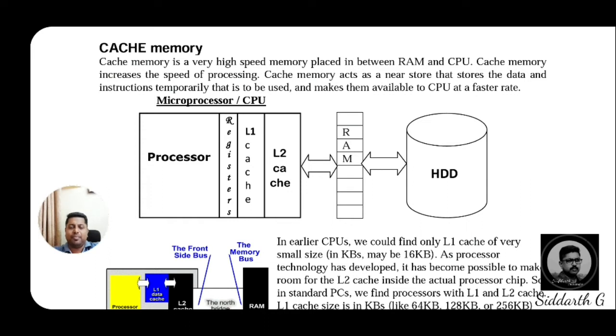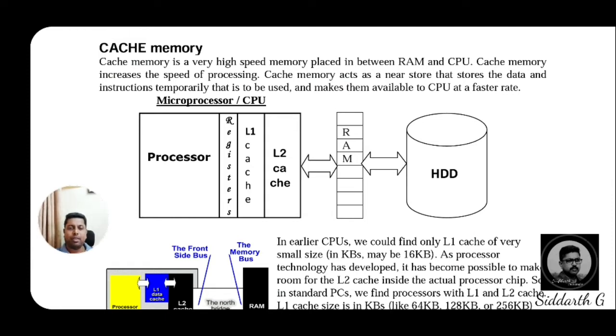This is a class 3 continuity class for chapter number 1, typical configuration of computers. In the previous class we discussed some components of the motherboard, nearly 2 or 3 components. In this class we are continuing with the components of the motherboard. After the components we discussed earlier, RAMs and RAM slots, CMOS, BIOS and all these things, we are going to the next very important component inside the memory itself, that is cache memory.